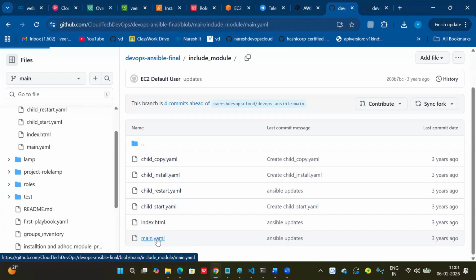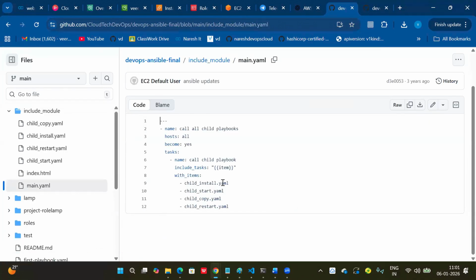Main.yml will call these child YAMLs: install.yml, start.yml, copy.yml, restart.yml. If I don't want to call restart.yml, for example, in my main.yml I can add only 3. So for individual calling and reusability purposes, instead of adding everything into a single YAML file, we can separate the tasks as child modules and add them into the main.yml as include tasks. Clear na?